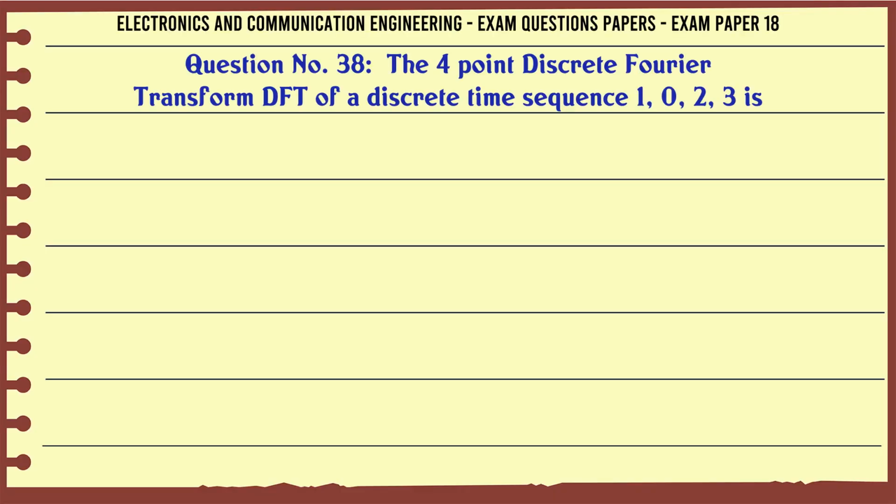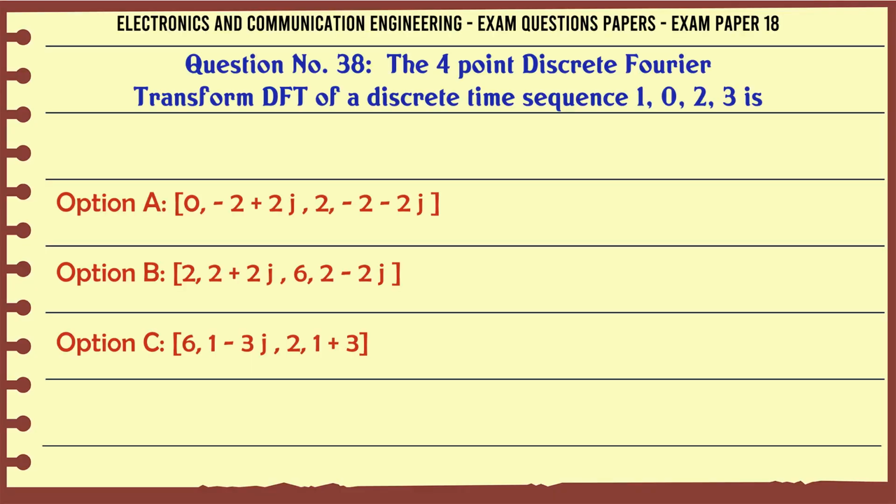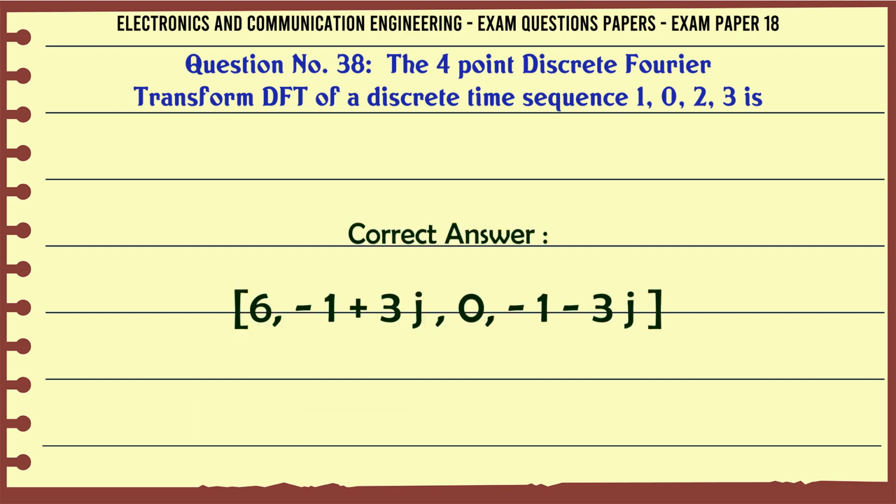The 4-point discrete Fourier transform (DFT) of a discrete time sequence 1, 0, 2, 3 is A. 0, 2-2j, 2, 2+2j, B. 2, 2+2j, 6, 2-2j, C. 6, 1-3j, 2, 1+3j, D. 6, -1+3j, 0, -1-3j. The correct answer is